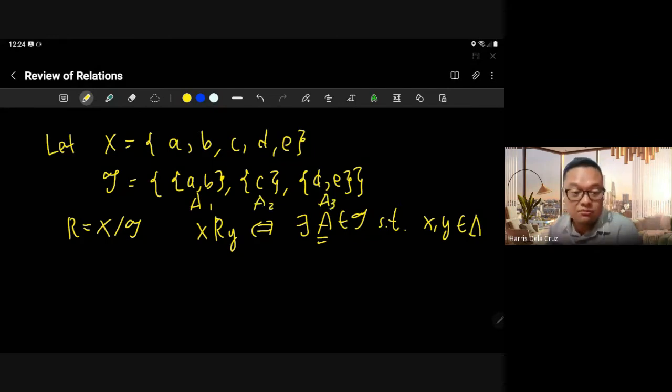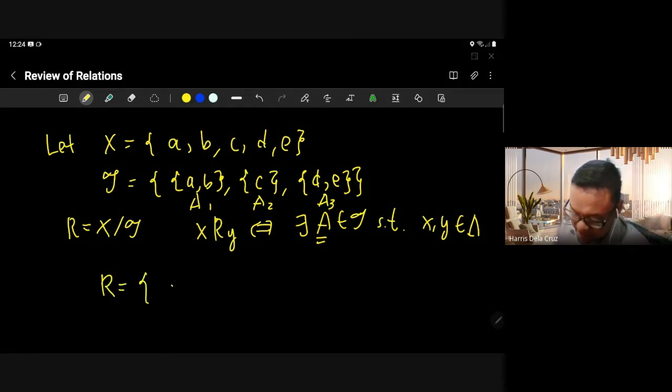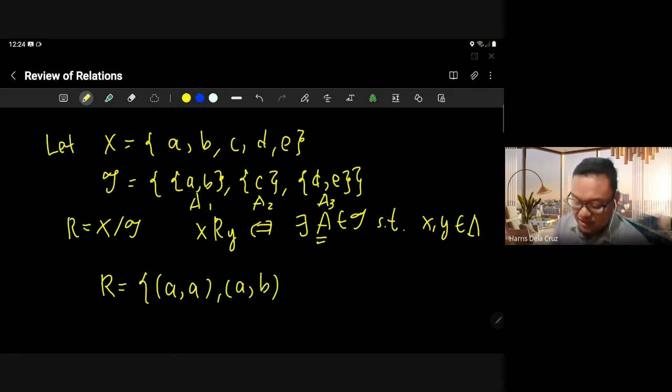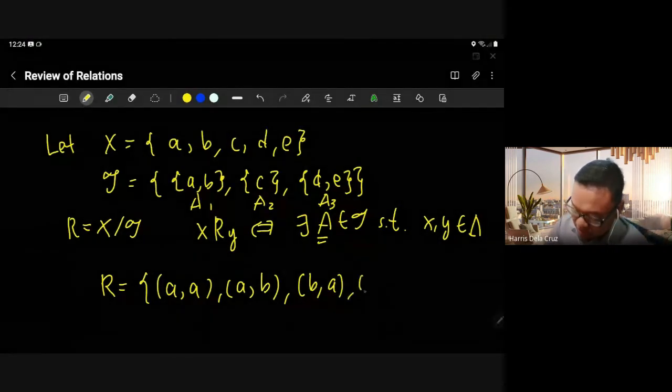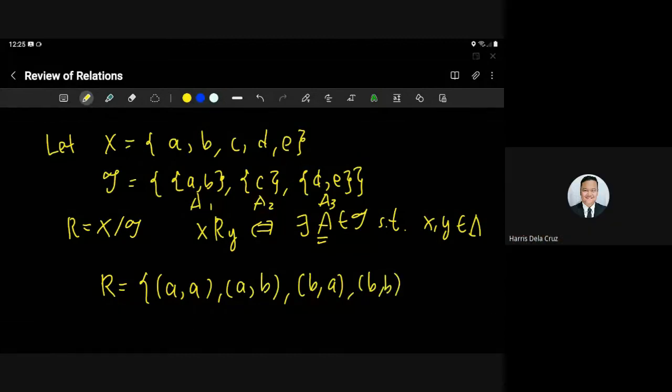O. So, anong mga elements ang magkaka-relate dahil kay A1? So, dahil kay A1, yung element na A ay related sa sarili niya. Of course, dapat. Related ka lagi sa sarili mo. Yung element na A ay related din kay B. Kasi si A tsaka si B belongs to the same set in the partition. Similarly, ganun din yung BA. Diba? And finally, yung B tsaka B. So, these are the